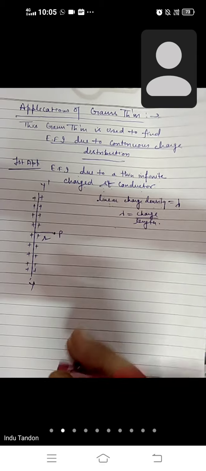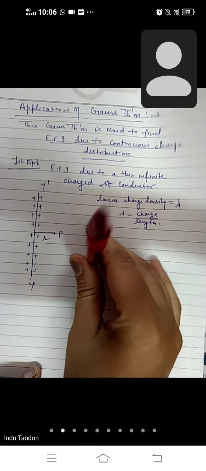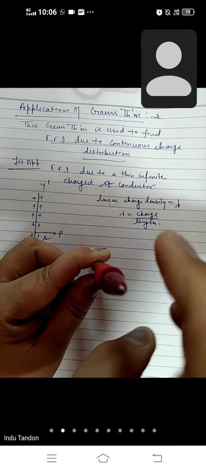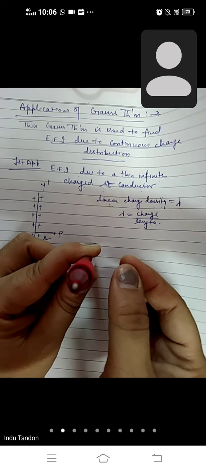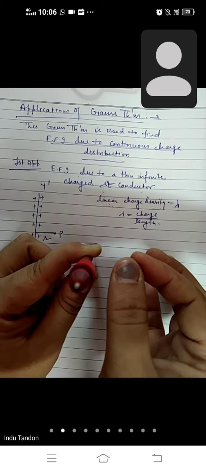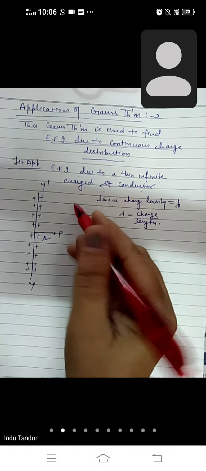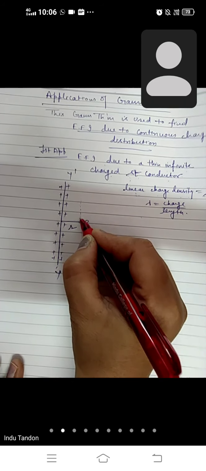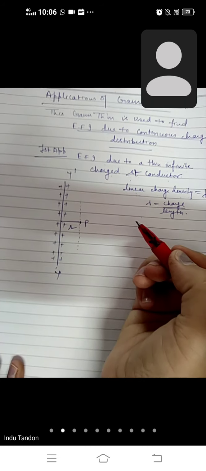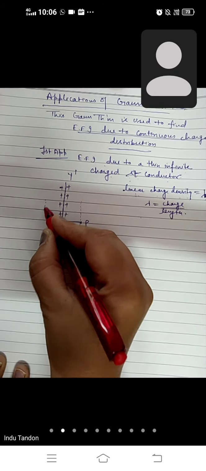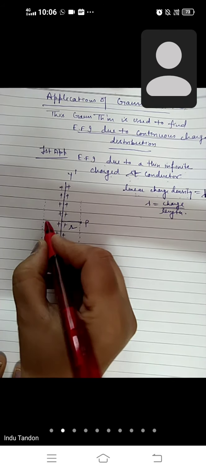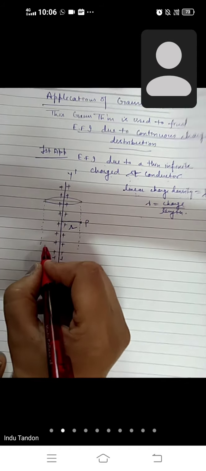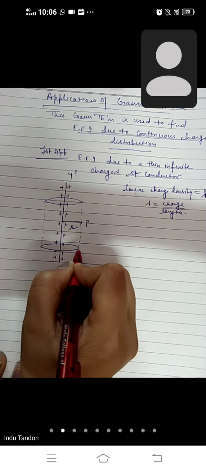Right? See, suppose I am using this pen and around this it has the charge q. आपको इसकी चारों तरफ इलेक्ट्रिक फील्ड फाइंड आउट करना है, at this point P. So you have to consider one Gaussian surface. तो बताइए, अगर मैं ये सारे points equidistant consider करूँ, diagram में देखो, तो electric field intensity क्या होगी? Same. और यहाँ पर भी on the left side and on right side, if I consider the same point, which type of Gaussian surface you will get? Cylindrical.